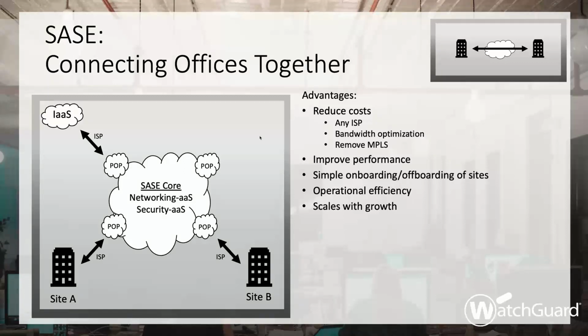But it's really about improving performance, right? Again, I'm able to optimize my traffic as it flows through this. I'm optimizing my security traffic as it flows through the network and applying a common set of security policies on it. It's very easy for me now to add a site, right? I can add a site, connect it to the POP with a couple of ISP connections. I don't have to wait for my MPLS provider to provide that network drop. And so it becomes very easy to onboard or offboard a site from my network.